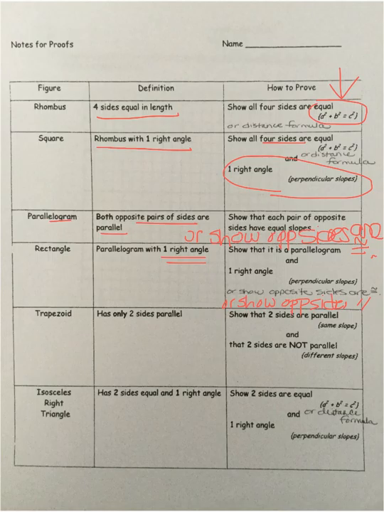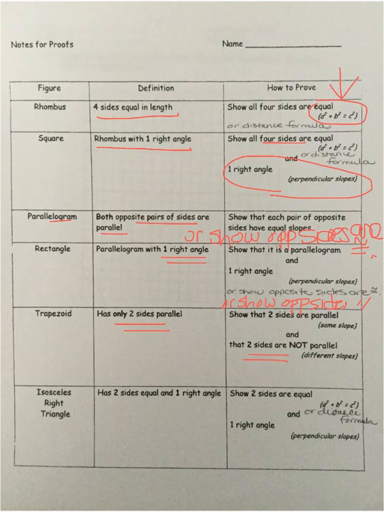With a trapezoid, you have only two sides that are parallel, so you're going to show that. You're going to show that two sides are not parallel. Okay, so you'll either be using the distance formula 4 times, or you can use Pythagorean theorem 4 times in